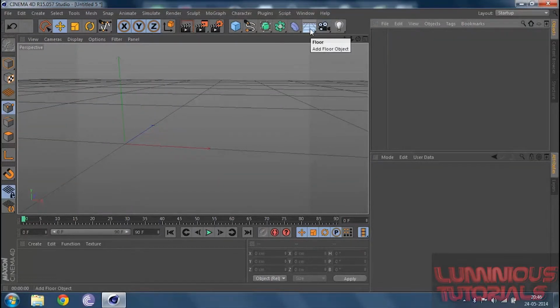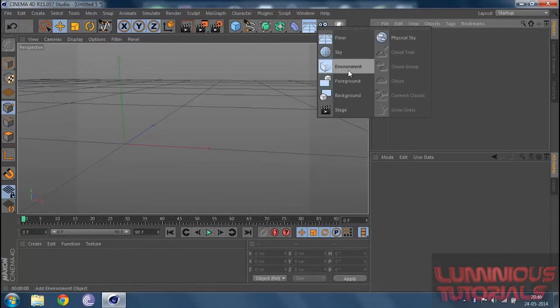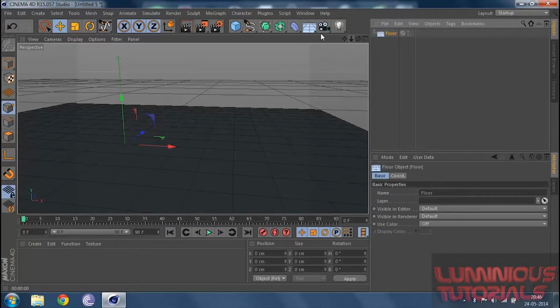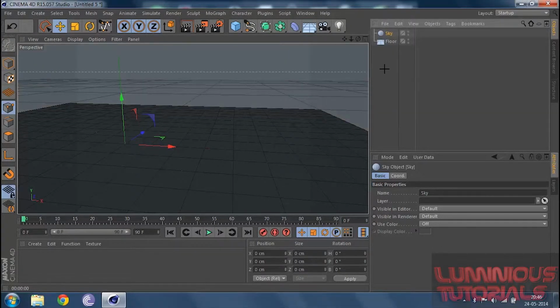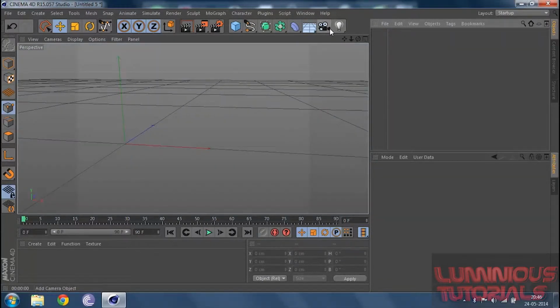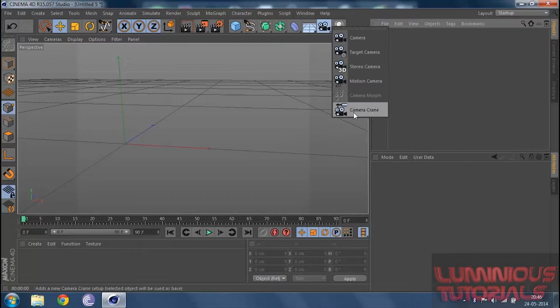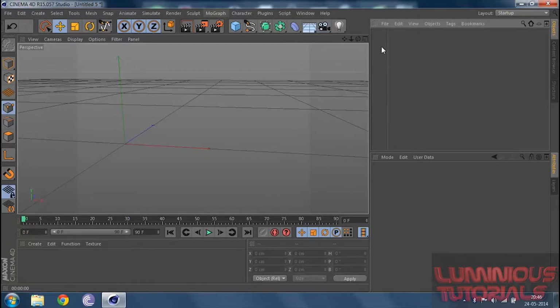Also we've got something called the environmental tools, that is the floor, sky, environment, and other stuff. It's basically used for texturing. For example, I could add in a floor, I could add in something like the sky, or whatever you want to add. And you can give them some particular colors. I'll explain how to give particular colors also. And we've got something called a camera. I've got five types of camera. My sixth camera is deactivated for now, since I have to go to my mod settings and change them. So we'll check them out later.